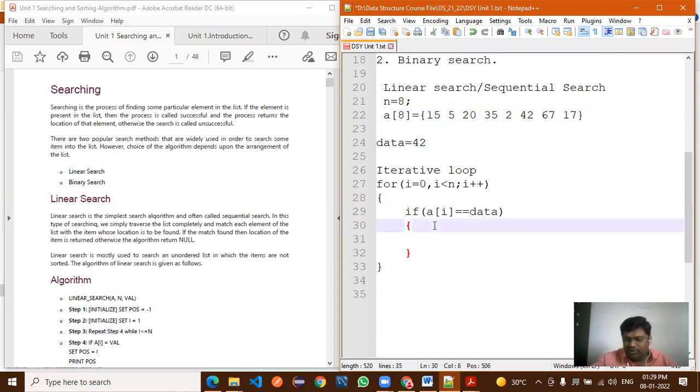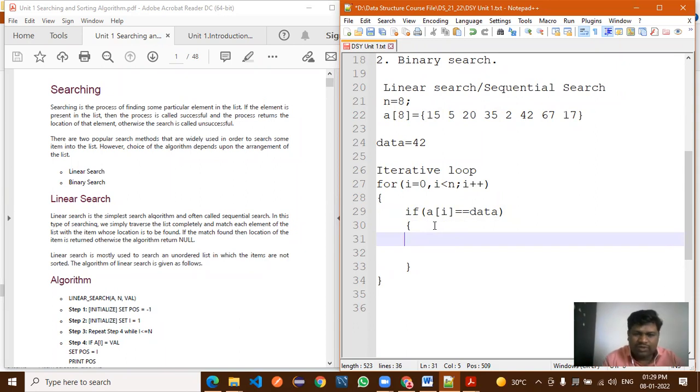True, sir. If the condition is true, then what are you doing? You are displaying a message. What message are you displaying? printf. Element found at the element.